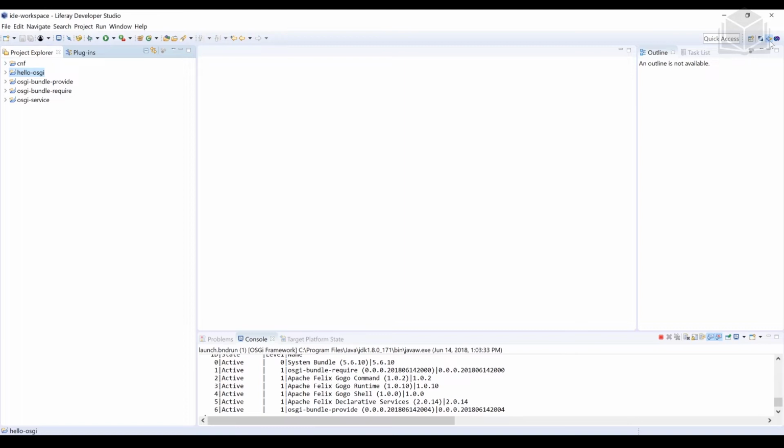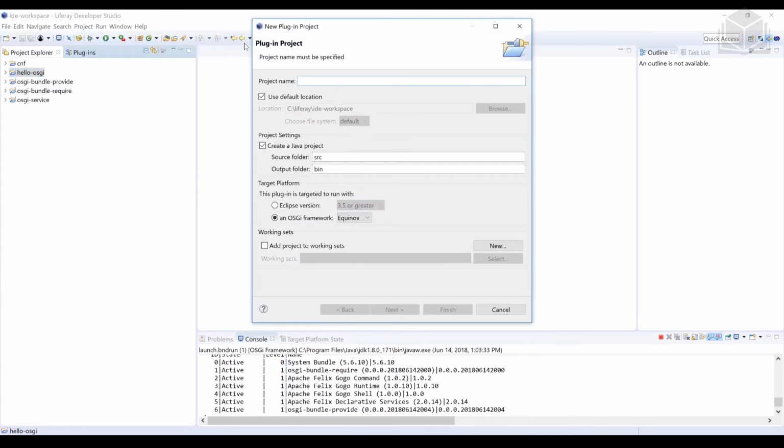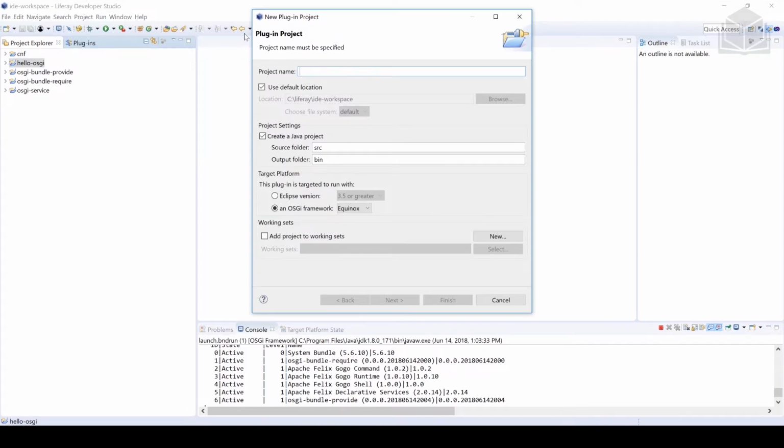So once you've selected that plugin perspective, we're going to head over and click File up at the top left, followed by New, and then we're going to be creating a plugin project. Now again, we're going to be creating a couple plugin projects demonstrating how our OSGI bundles are able to share features amongst one another. So we're going to click Plugin Project, and to start off, the name of our first plugin project is going to be